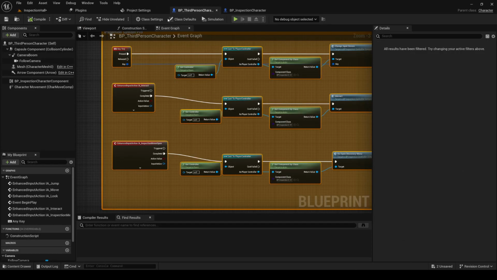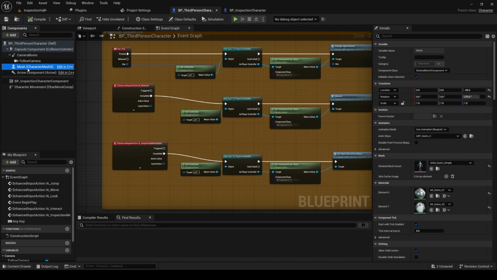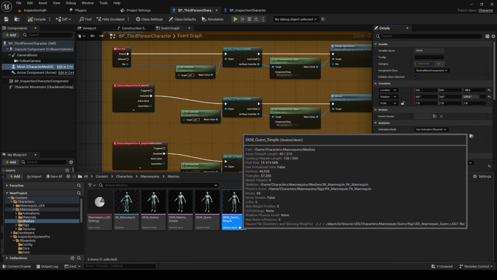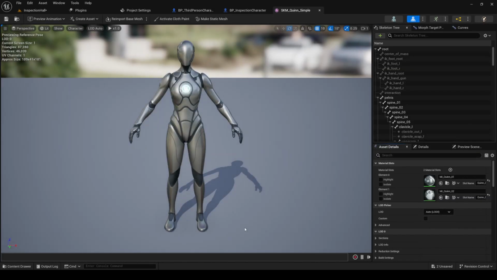So let's fix that next by opening up your character's skeletal mesh. The easiest way to find the skeletal mesh used by your player character is to select the mesh component and in the Details panel, look for Skeletal Mesh Asset. Click the Browse to Asset button. This will bring you right to the asset, and if you open it up,